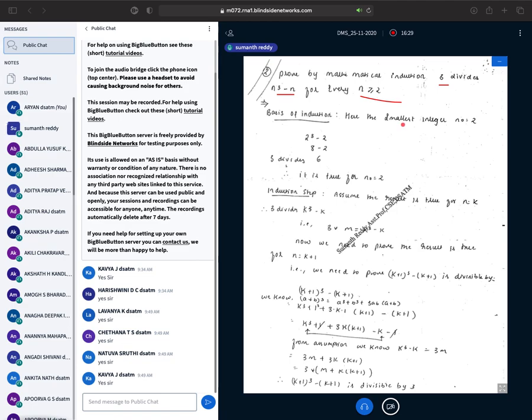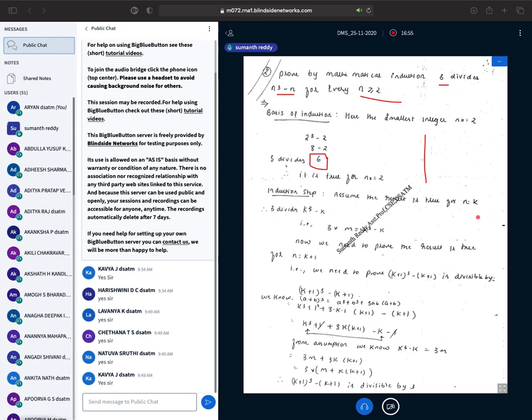Correct, right? So depending upon that, in the first stage I will just replace the statement with the least value. If I replace the n value with 2, what will I get? 2 cube minus 2. 2 cube is 8, 8 minus 2 is 6. Obviously 3 will divide the number 6, right? So the statement that he has given, that 3 divides n cube minus n, is true for the least value, that is n is equal to 2.